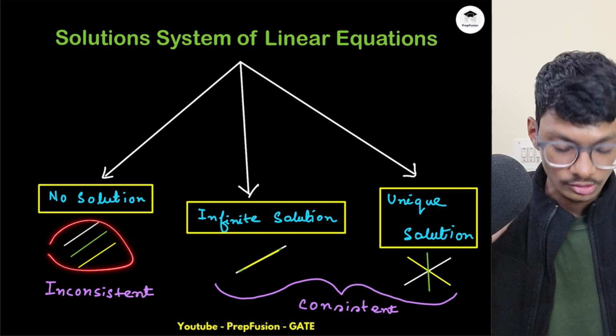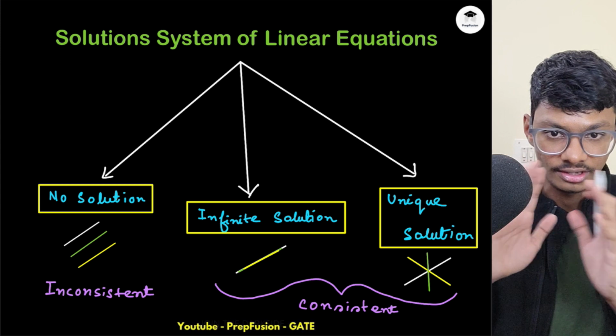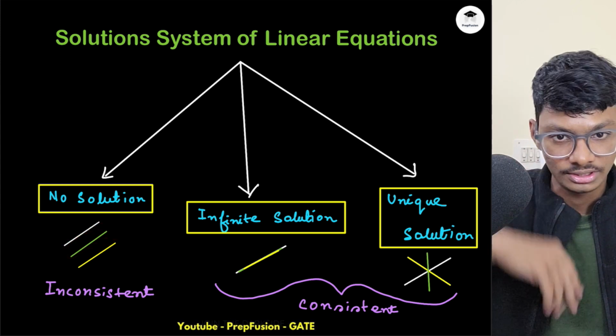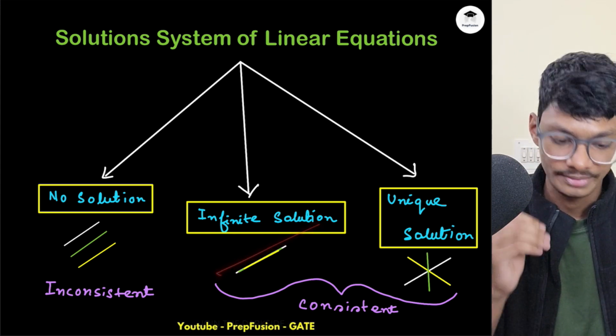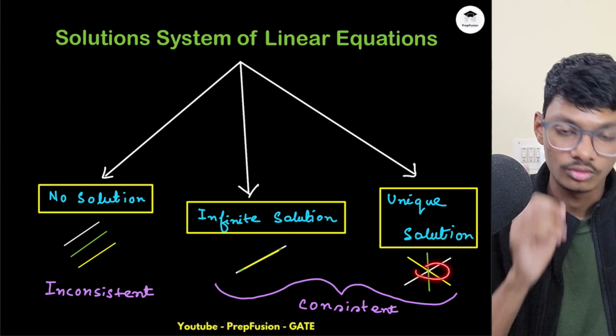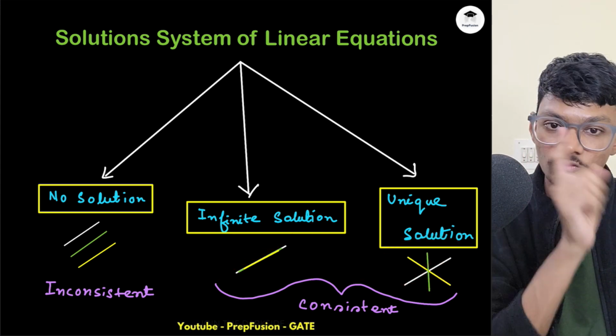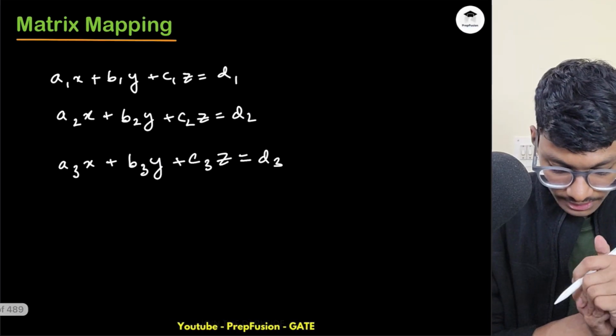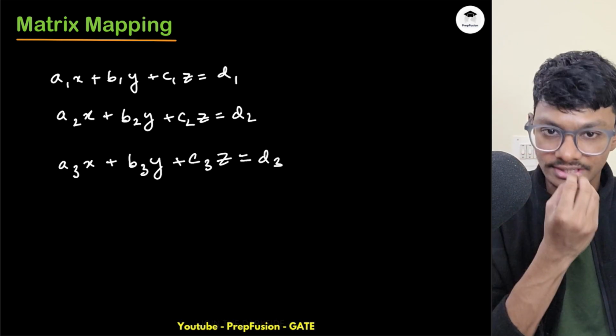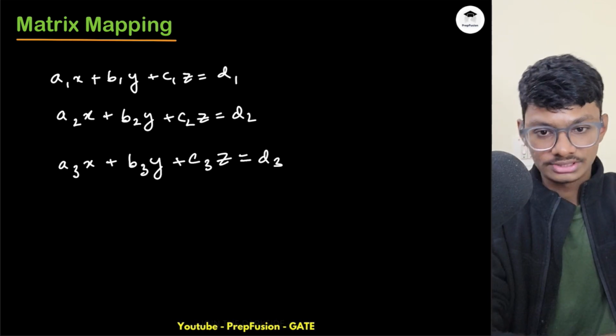Okay, basically no solution means they will not intersect ever. They will always be parallel to each other and they will not meet. Infinite means they will always meet, they are overlapping each other. And unique means they are crossing at one point exactly. Now let's understand a bit about matrix mapping, and from there we'll understand how to